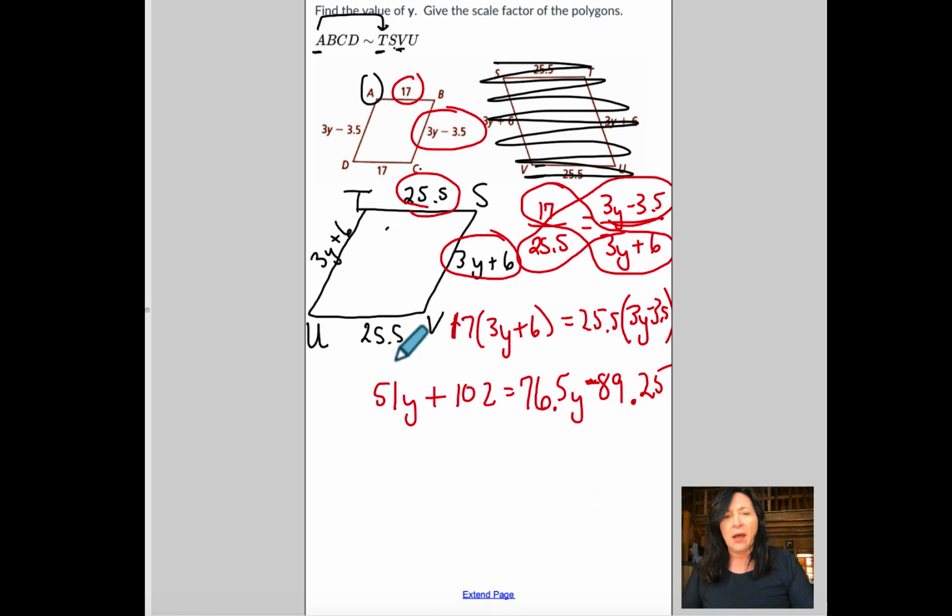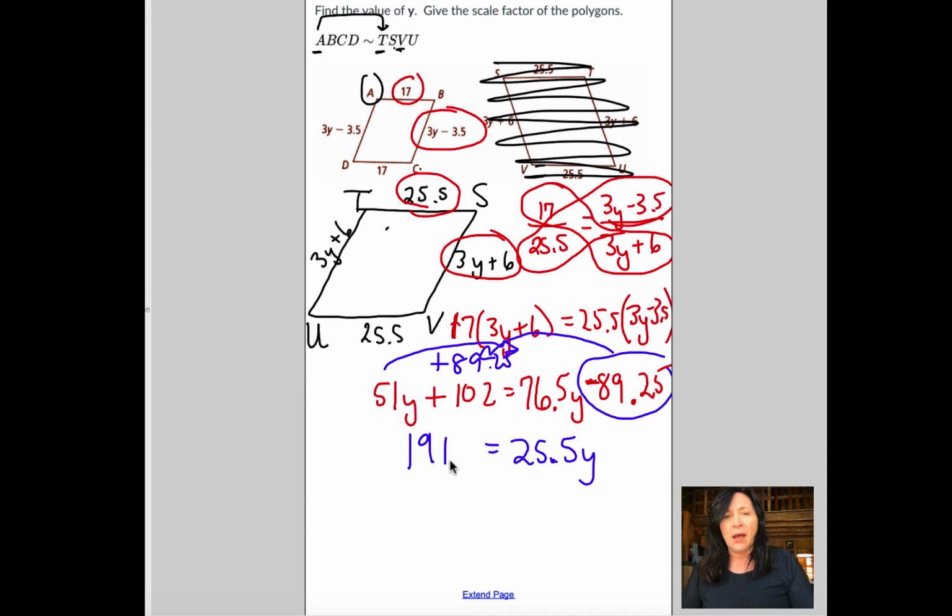So I'm actually going to take this 51 and move it to the right side over here. So I'm going to take 76.5y, and I'm going to subtract 51 y's, and I get 25.5y on this side. And on this side, see this negative 89.25? I'm going to move that to the left side, and that means I'm going to add that. So plus 89.25. So I've got 89.25 added to 102, and that gives me